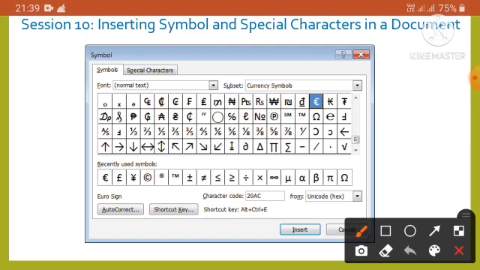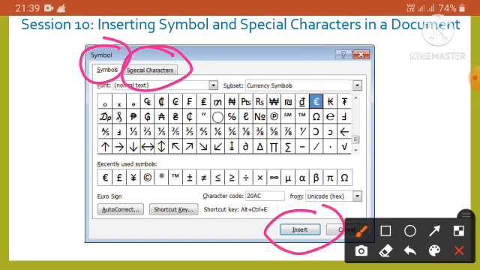As shown here, the Symbol dialog box shows two tabs, one Symbols, another one Special Characters. The Symbols tab shows the numerous symbols depending on the type of the font. On the other hand, the Special Characters tab shows the special characters. We need to select the desired symbol or special character in the dialog box and then click the Insert button.